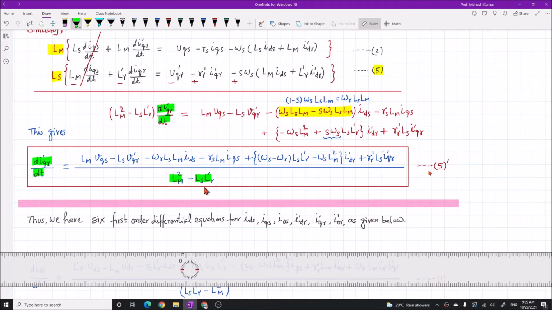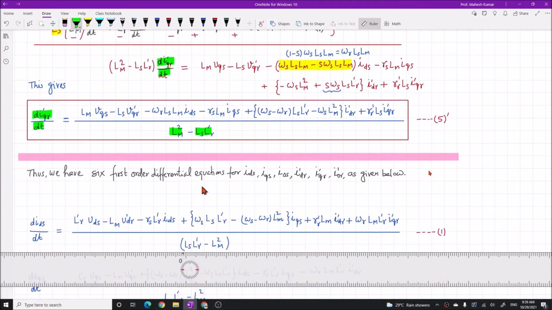So we have 6 equations, that is in form of the derivatives of the 6 currents, and we can solve them using the state space model. But one equation is missing, that is the one holding the dynamics of the generator. So that equation comes from the torque of the generator and simplifying this torque in terms of the current.